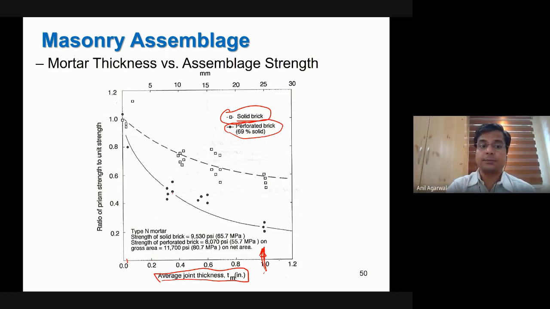And as a result, they measured how the strength of the masonry assembly changed. What they found was that as the thickness of the mortar layer was increased, the strength degraded. Correct? That's why you have downward going plots. So that obviously means that the strength went down as the thickness of the mortar layer was increased. So what does that mean? It means that we should try, as long as we can manage, because there are other requirements of the mortar layer other than bonding. Other requirements are to cover the undulations of the brick also. So as long as we can manage, we should go for the thinnest possible layer, because that gives us higher strength.